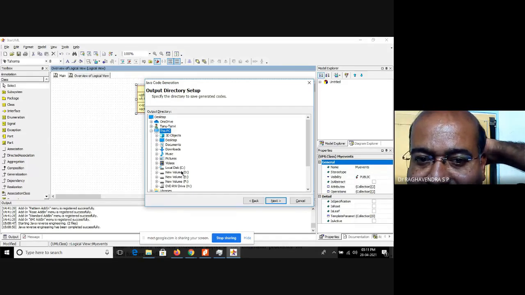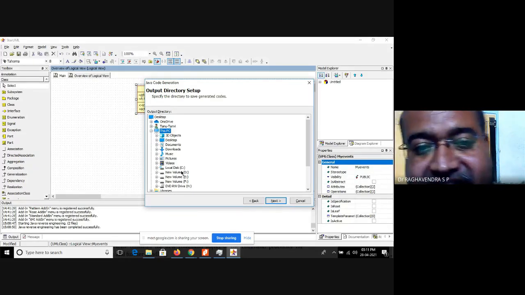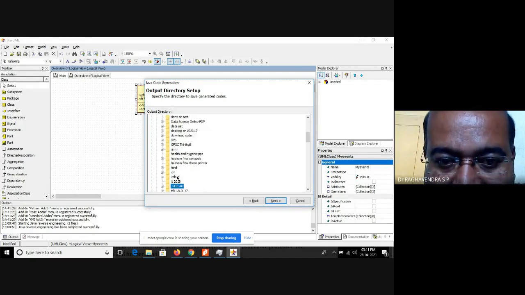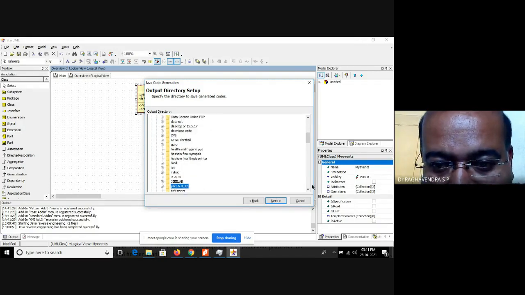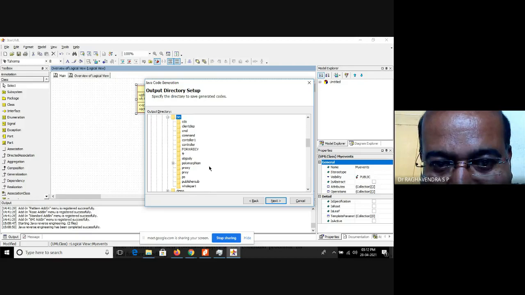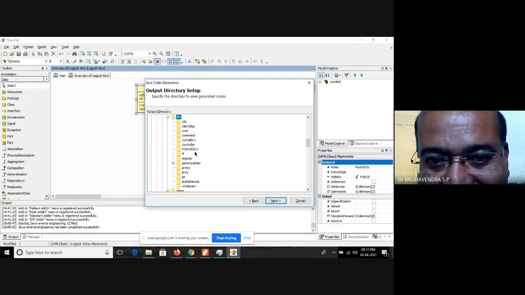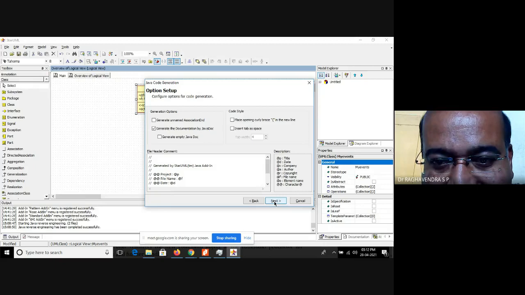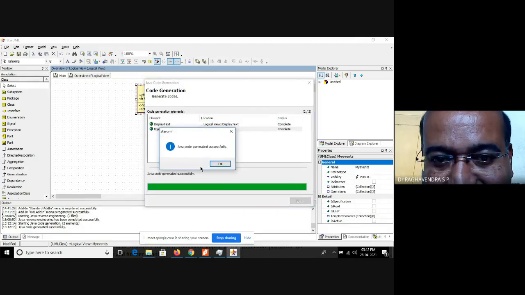So it is going to ask you the path, the path where you want to create the Java files. So you give the path of the JDK and bin, where your JDK has been installed. Okay, so go to JDK. I have installed JDK here. Okay, in JDK in bin, you can place this code. Like CMD I have taken. Okay, so just click on next. Okay, click on next. The Java code generated successfully.